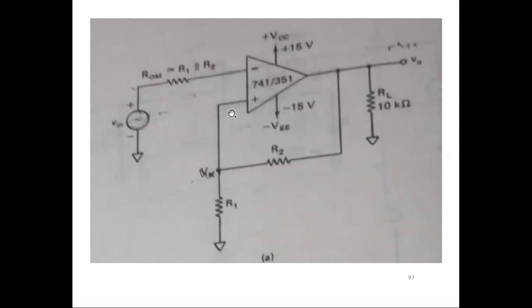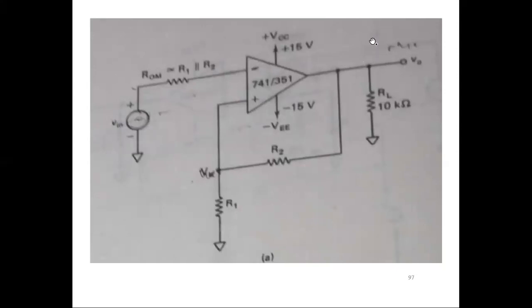The changing of the terminals here will make the negative feedback into positive feedback. Effectively, you are making negative feedback into positive feedback. Now, what is the consequence of this? That is what we will try to see. You can just compare this between the Schmitt trigger and the non-inverting amplifier only. So now, let us assume that the output is positive here.